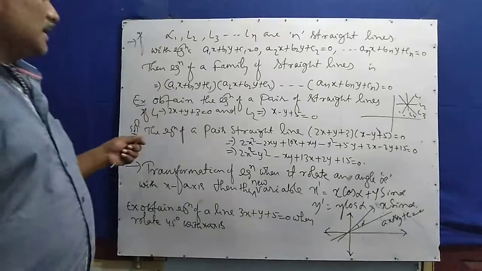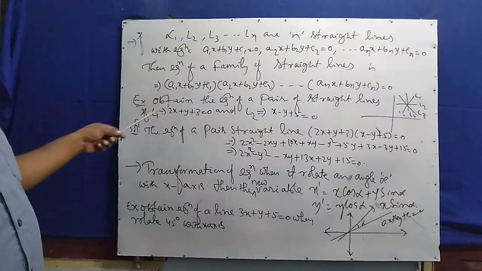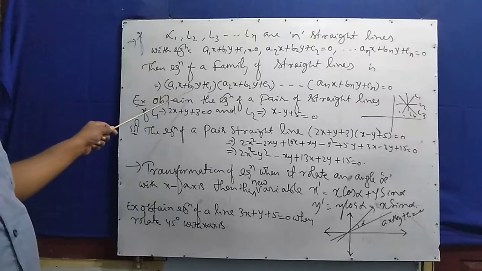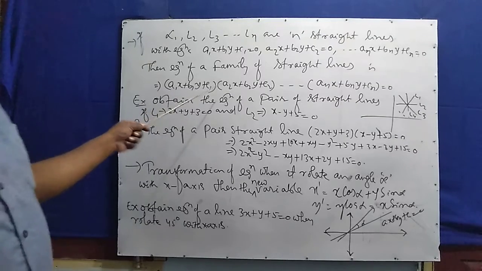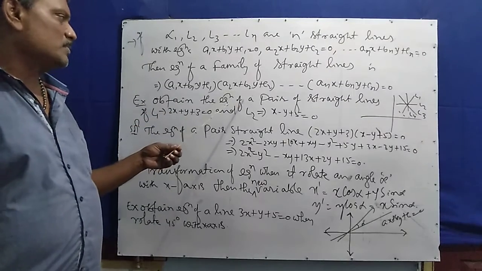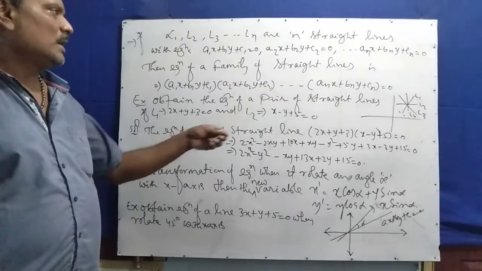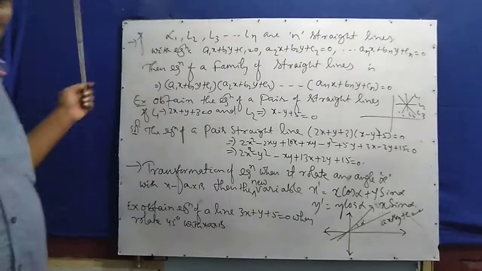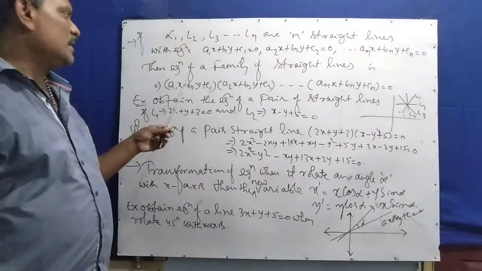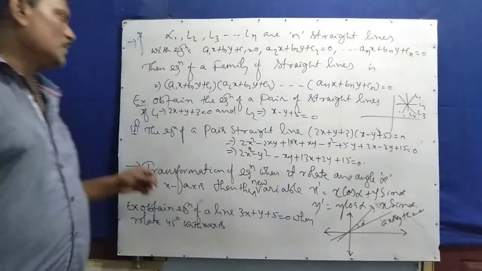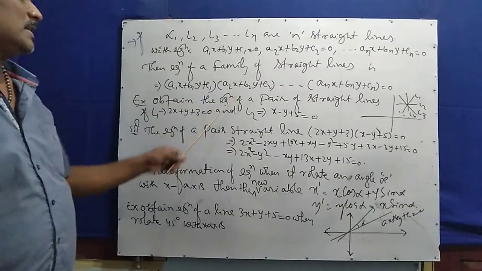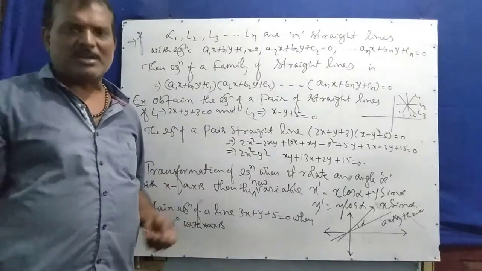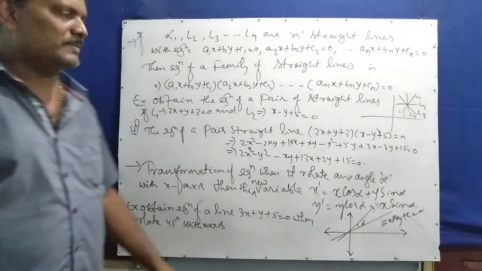Okay. Here, you look at, there are n straight lines whose equations are given. The first straight line a1x plus b1y plus c1, second straight line a2x plus b2y plus c2, and there are n straight line equations given. When they combinedly represent, means in multiplication form you represent them: first equation into second equation into third equation into, and so on. However many equations are given, you simply multiply, then you will get a family of straight lines.